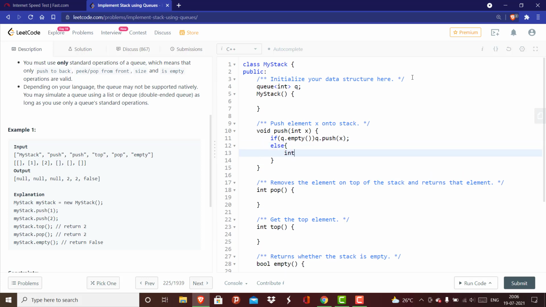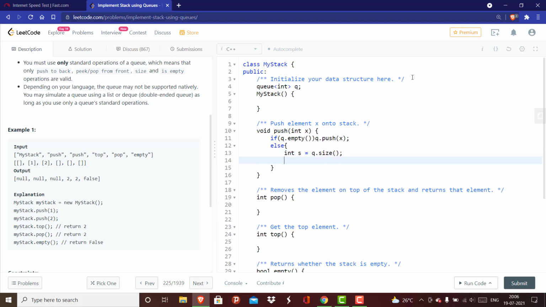we search for the size, int s equal to queue dot size. After that, we push the element in the queue. Now note down, as I told in the implementation, that we have to consider the size minus 1, but in this case I will not be doing it because we have checked the size before pushing the element x.